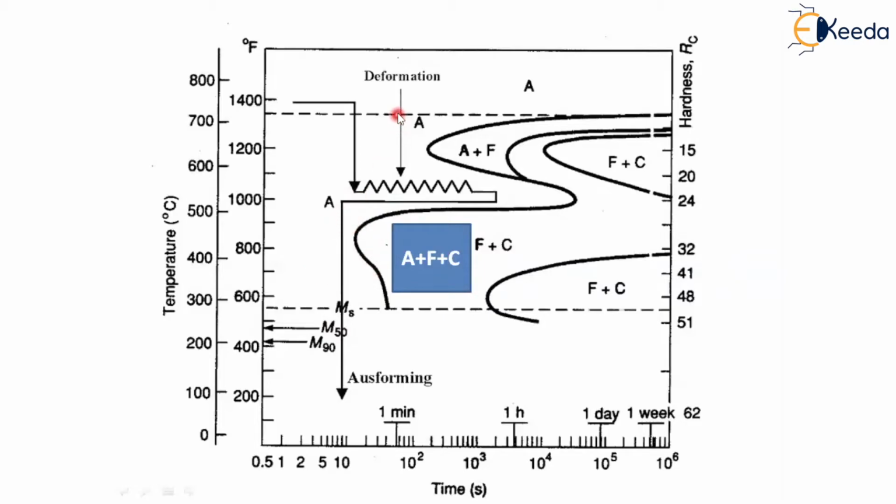That means heating until it reaches the austenitic region, this is the austenitic region here. After that, we have to go for rapid cooling and quenching, which is represented as quenching until below the nose point. Here this is called the below the nose point. This is another representation of the TTT curve, which shows the ausforming process.